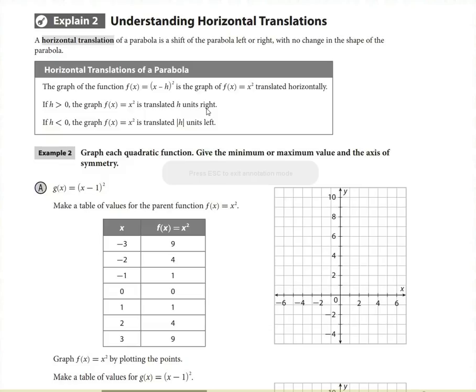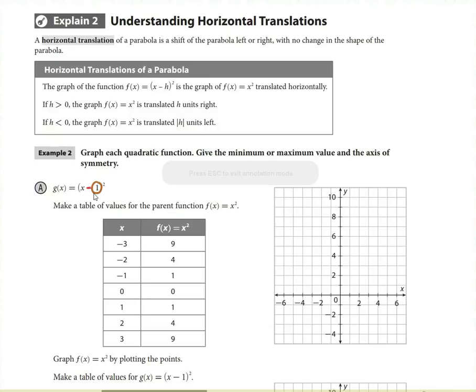Again, that makes pretty good logical sense, as we should think of a positive value being something that would shift to the right. When h is negative, or in other words less than 0, it's going to shift h units left. Okay? So in this case, you got the x minus 1 squared on example A. Now here is the trick. Here's the thing about h. When h is positive,